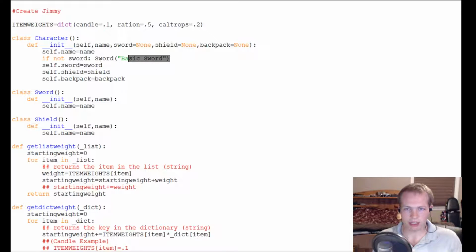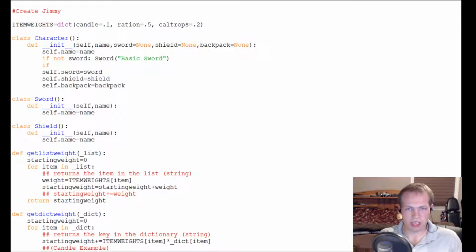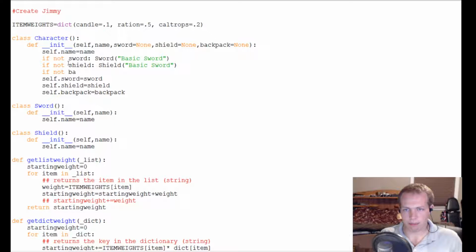And the reason we can do this down here is because this does not get run until much later on in the script. We actually couldn't do this if we created a character. I'll do that in just a second, right after we declared this class. Shield, if not backpack, shield. Alright, cool, awesome. So if we declared a character right here, name Jimmy, we'll say,